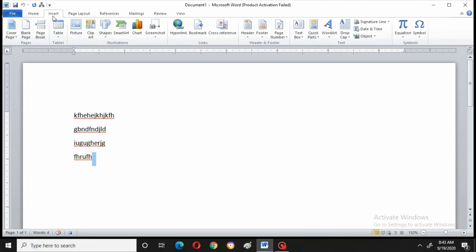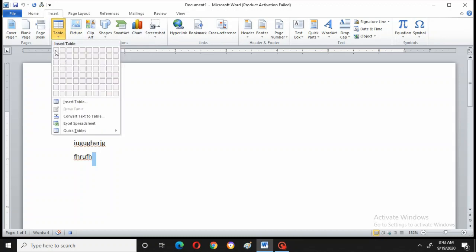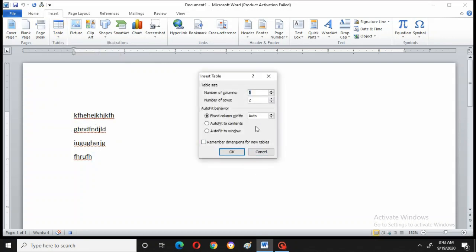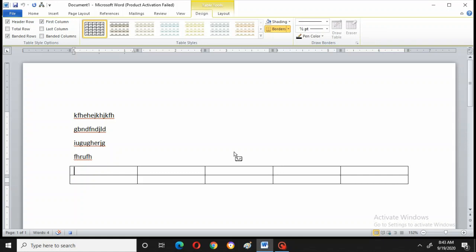I'll go to the Insert option and I will give some color to it, or I will add some picture, or else I will take one table. Insert table, right? Okay, let it be whatever it is. I'll say okay. You got the table. Why I am showing all these things is so you will understand it clearly. Whatever action you are doing in this macro 2, everything will be recorded.